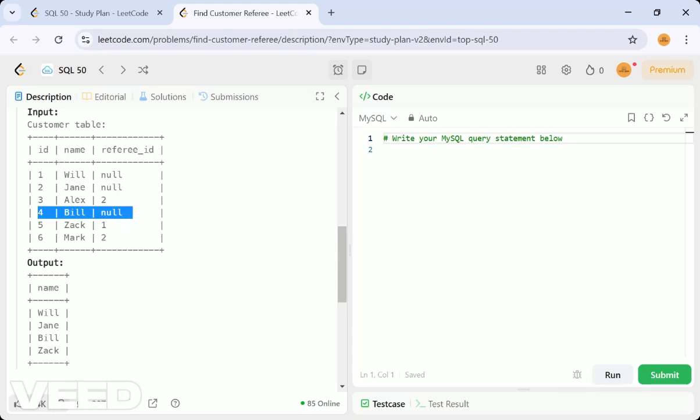So see here, Will is there, Jane is there, Bill is there, and then Jack is there, who are not referred by two. Here we should remove the two and also keep the null ones.